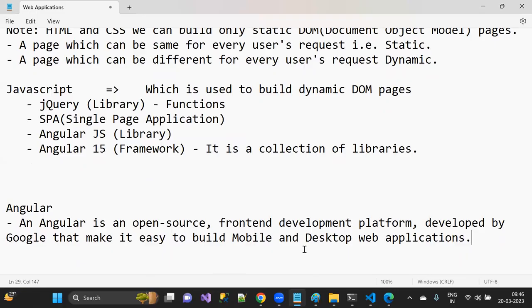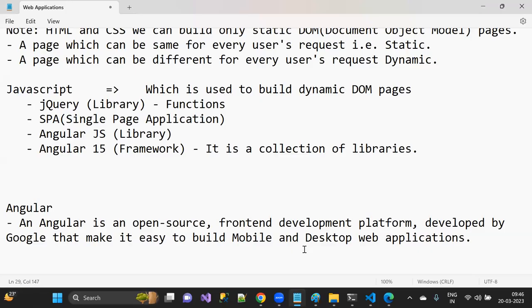You people have downloaded a couple of mobile applications from the Play Store or Mac Store, and some of those applications run with the help of a browser internally. Amazon is the best example. The end user may feel that it is a mobile application, but internally that application also runs with the help of a browser only. That is how they are generally made.